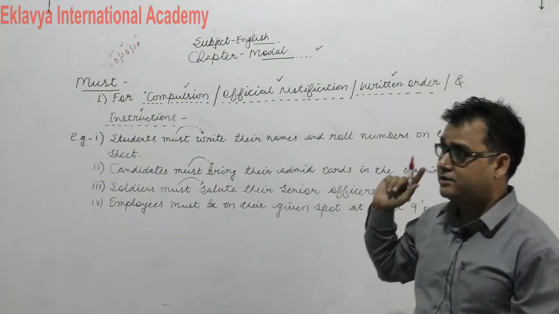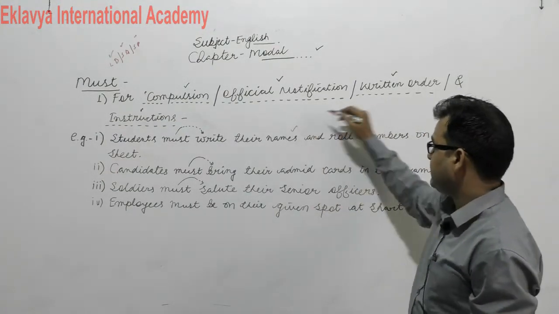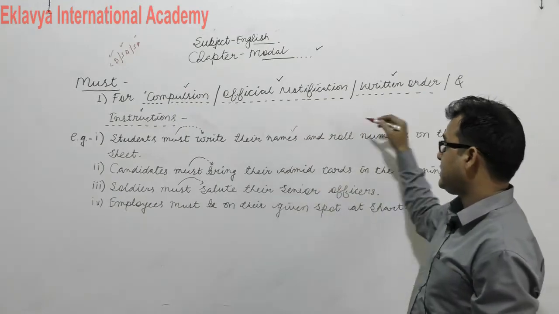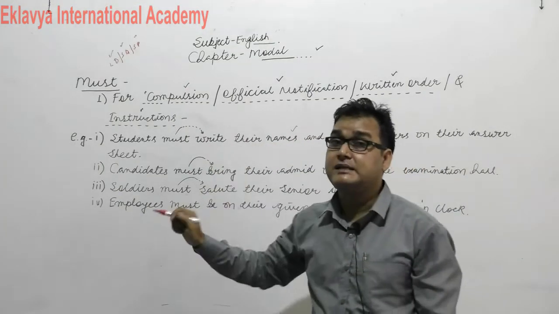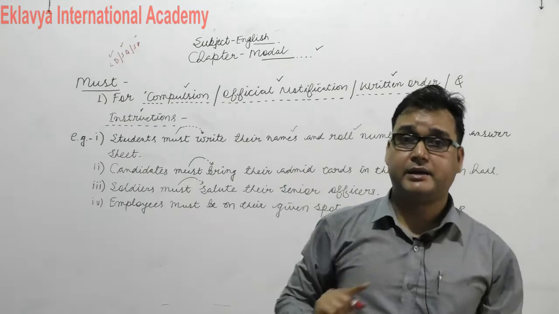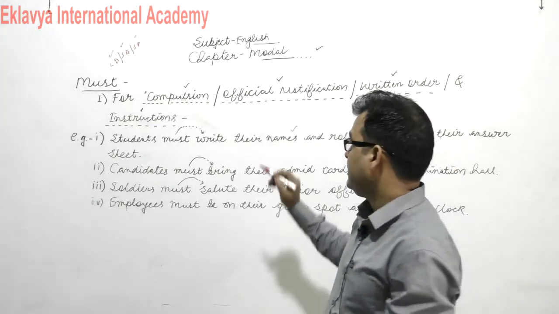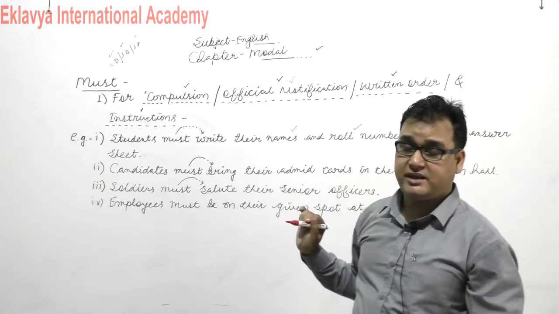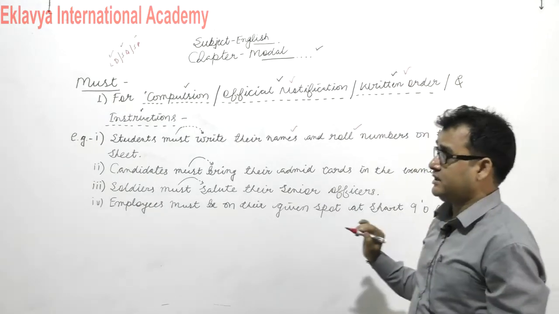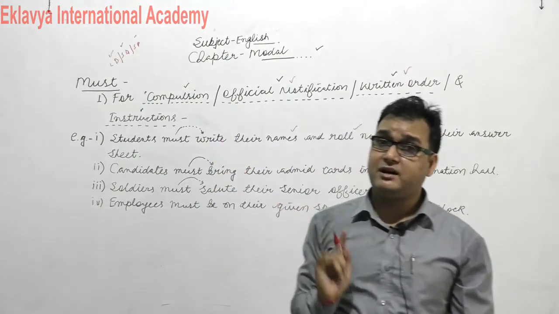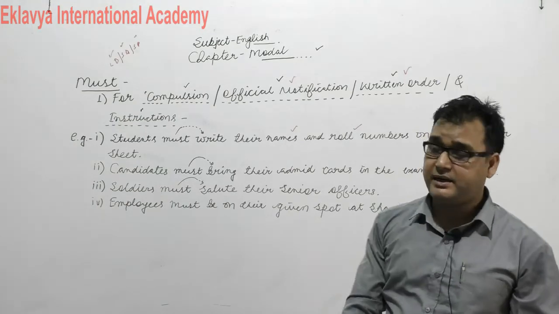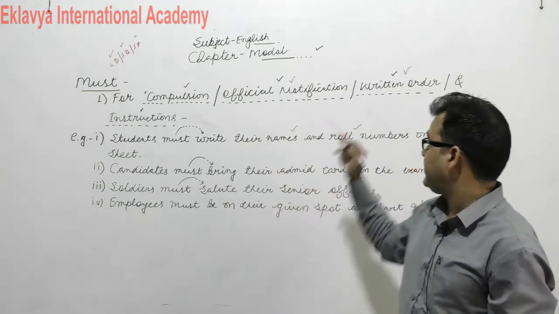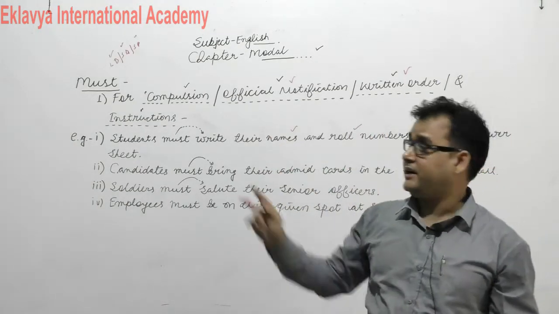Students must write their names and roll numbers on the answer sheet, essentially it is necessary to write. It's a matter of your official notification. It's a matter of your written orders. It's a matter of your compulsion. It is compulsory, it is an official notification, or we can say written orders, or we can also say